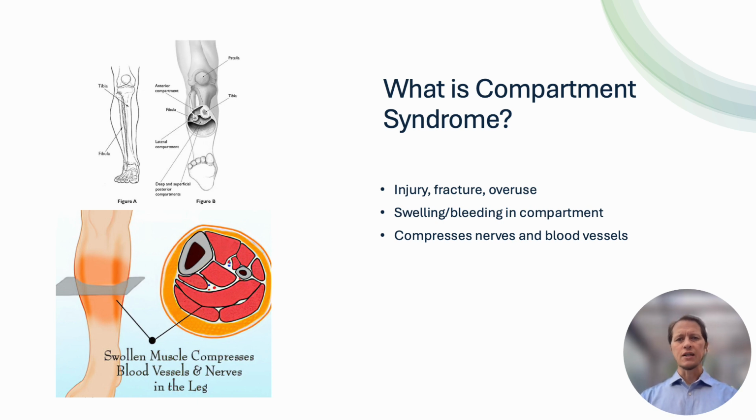And one more that just comes up a lot, and a lot of students ask about it, is what is compartment syndrome? They've heard about this. Well, if you imagine a cross-section of your leg, you have different compartments in your leg that are bound pretty tightly by fascia, which is this very thick fibrous tissue that's not very compliant or stretchy. And if you get an injury or you get a fracture, you get some bleeding, or even just really intense amount of overuse, such as like running a marathon or going straight uphill, those muscles work out so hard and they start